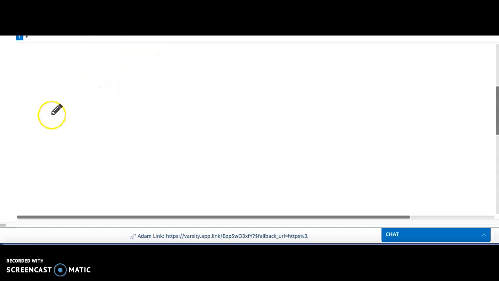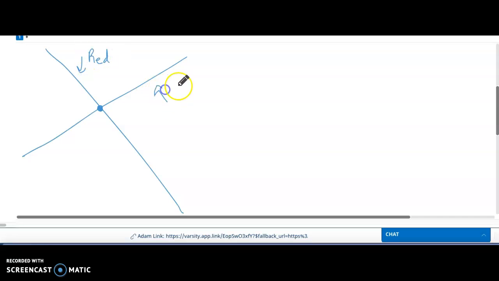Okay, and then for the last question, for the DOK2, it says compare and contrast the following graphs. So you have a red line coming down like that. Then you have a blue line like that. Compare the slopes and y-intercepts, the growth from left to right. So we see that the red, which is coming down compared to the blue, the red has a negative slope, and you can see that the y-intercept